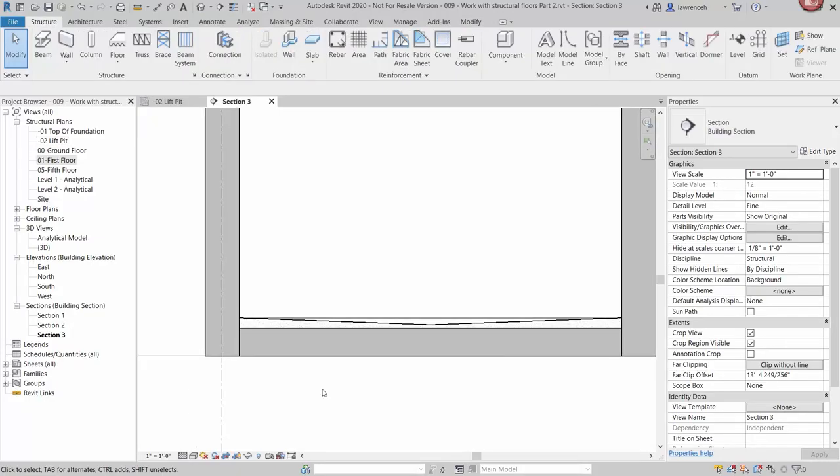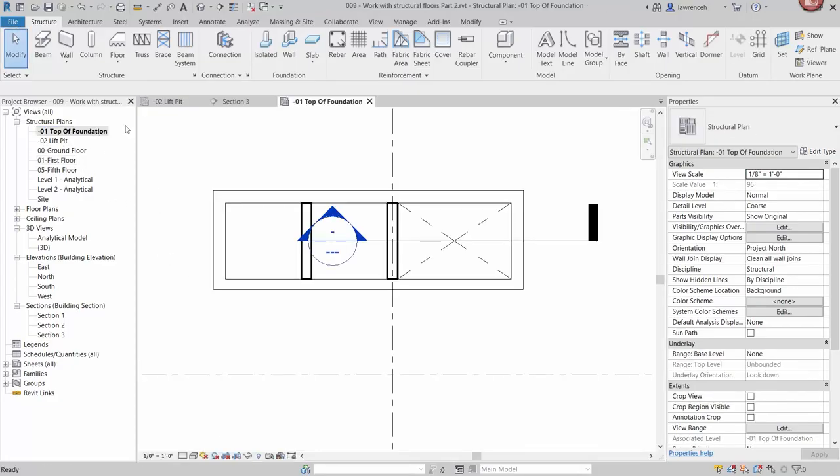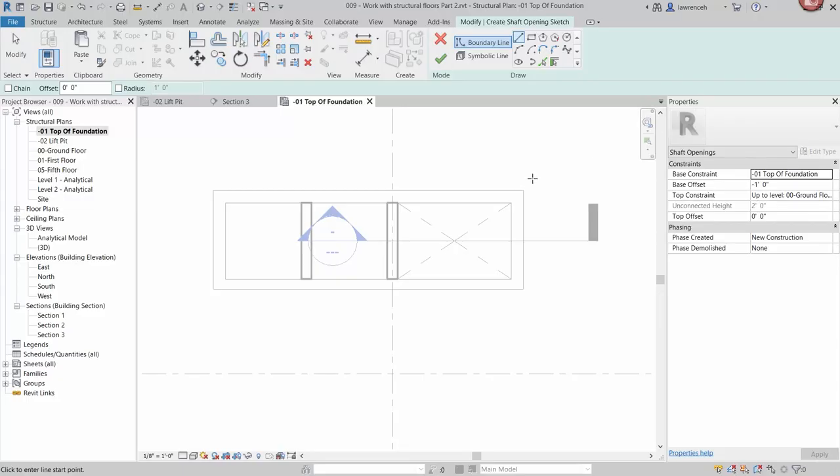Next, we go ahead and create a shaft opening. Let's open up the top of foundation plan. So here we're going to create our shaft opening. On the structure ribbon, click shaft. This is a mode-driven command, and you'll note we have two modes. We have the boundary line mode, which is where we define the planned shape of our structural opening, and then we also have the symbolic line mode, where we can draw the opening graphics that we would like to see